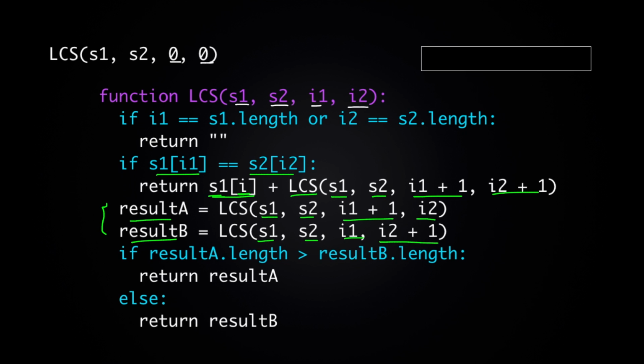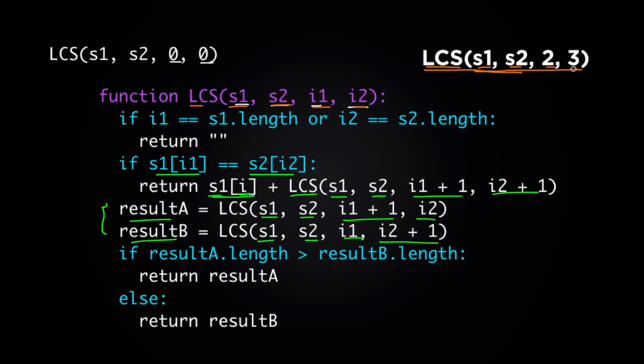Okay, so this function works, this implementation works, but it turns out it's very, very inefficient. And the reason is because we end up calling the same function, LCS, with exactly the same arguments over and over again, depending on the strings. So for example, we might call LCS of S1, S2, 2, 3 over and over again, and every time we call this function, we need to recompute what the result is for these particular